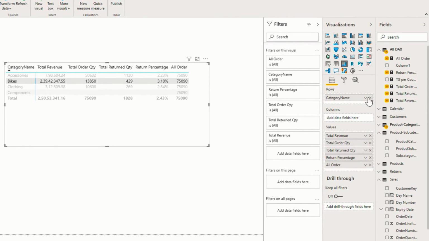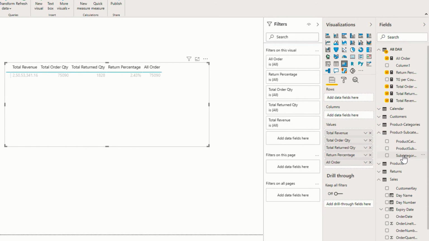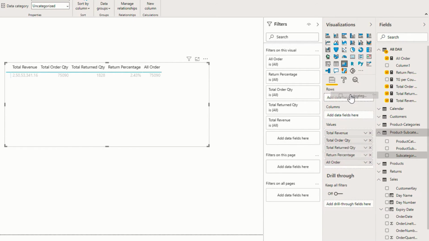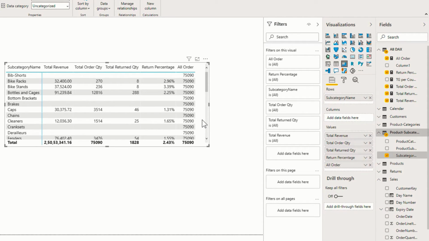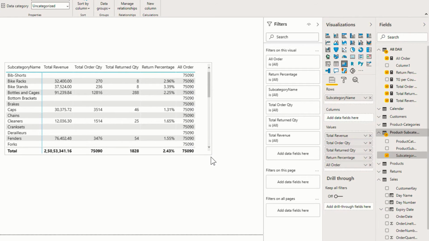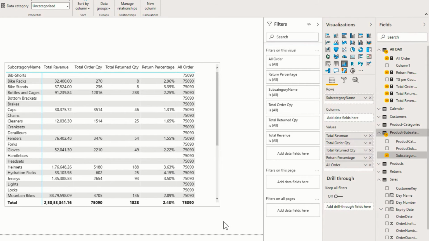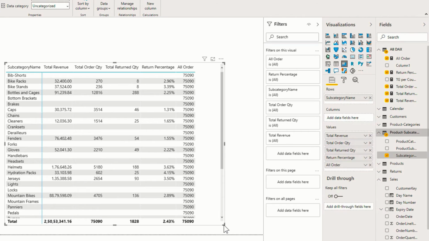Now, if instead of this category name, I add the subcategory name to the rows field, you can see that still the All Order value is the same across each subcategory. Although the total order quantity for each subcategory is different, the value for All Order is the same.